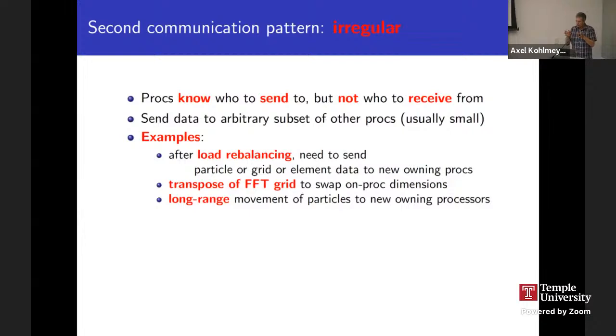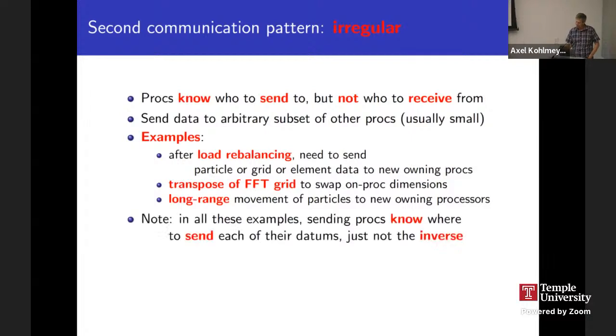But you need to transpose the data so you can go from, say, X pencils on each processor, so you can do entire 1D FFTs in X, to having the entire Y dimension on the processor, so you can do 1D FFTs in Y. And then there's the long range movement of particles to new owning processors, which can happen with various commands in LAMMPS. Typically not in the middle of a running simulation, but maybe between simulations, you do things that morph the system in a way that atoms move a long distance, and we need some way to ensure those particles get to those processors. In all these examples, and again, I'll talk more about these in the second talk,